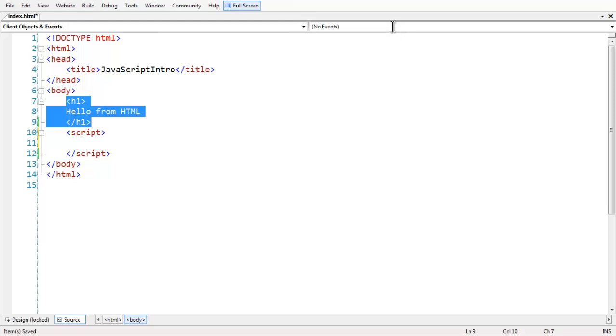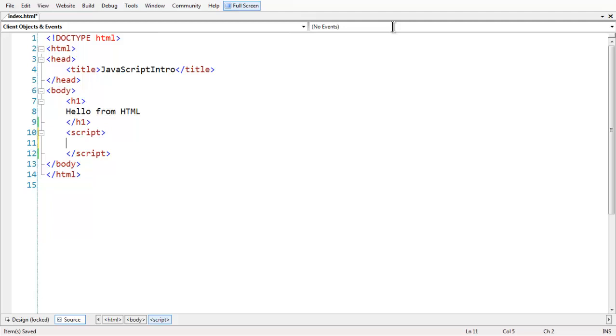The reason is that it is very convenient to load the scripts after all the HTML gets rendered in the browser. If you have the script tag inside the head tag, the HTML content does not get loaded until all the scripts are executed. For that reason, it's always a good practice to have the script tag at the ending part of the body section.